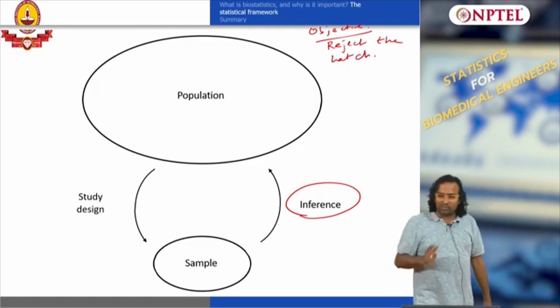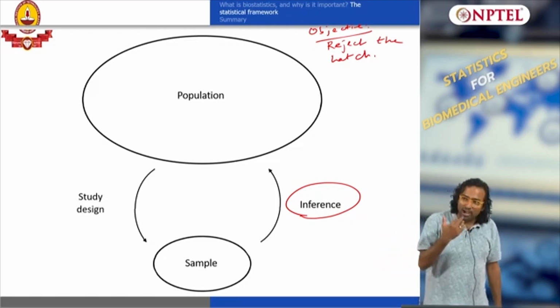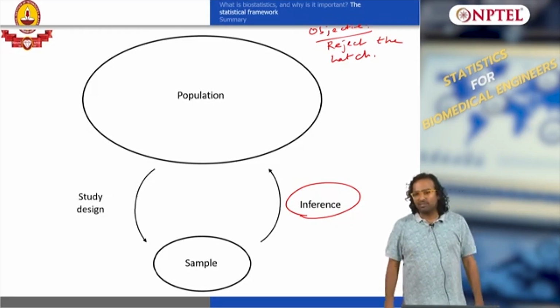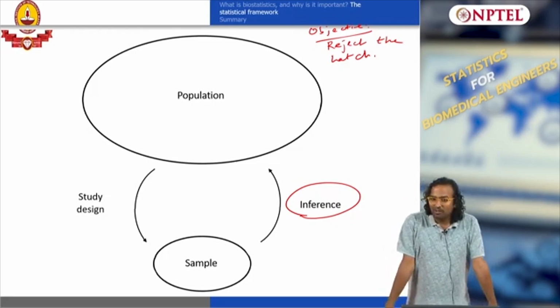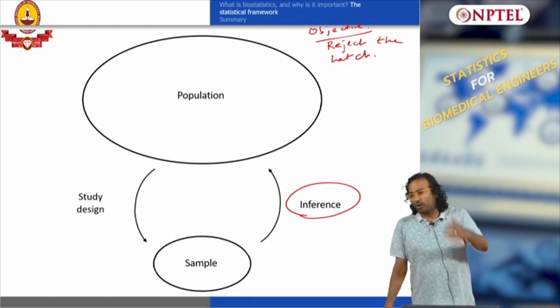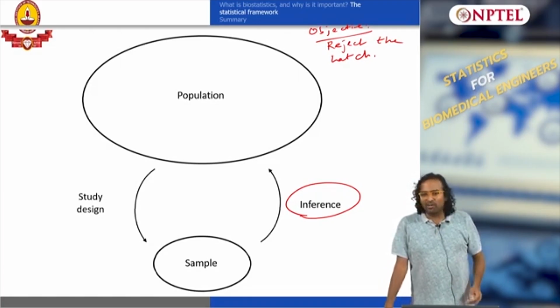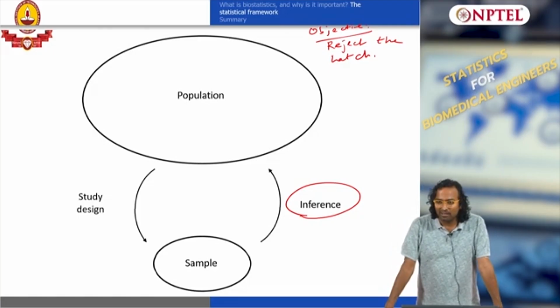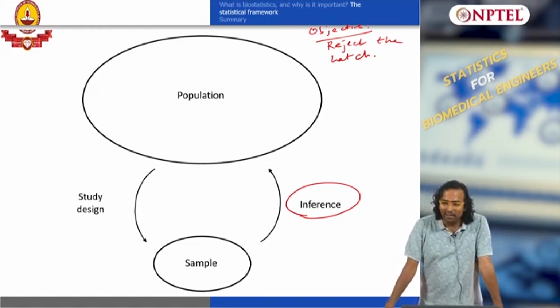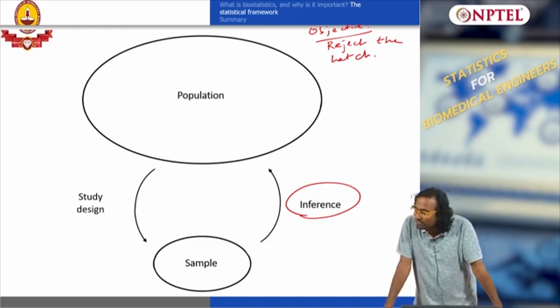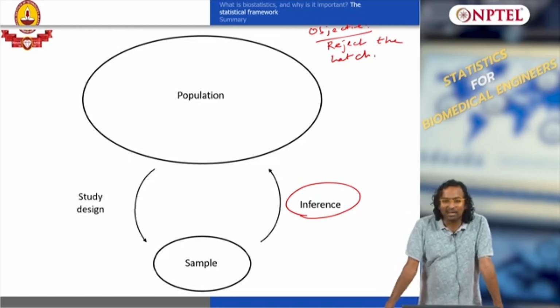Now, if I want to reject this mango batch, should my confidence be higher or lower? Why? Because it is a very critical decision, right. It will strain relationships, and not only that, let us say I have been importing for a long time, and all of a sudden one year you come and say that it is not working, I can sue you in the courts, right. So, better be proper when you reject. You have to put a lot of effort to reject the batch. Now you understand why my null hypothesis, no, I will not bring in the jargon,